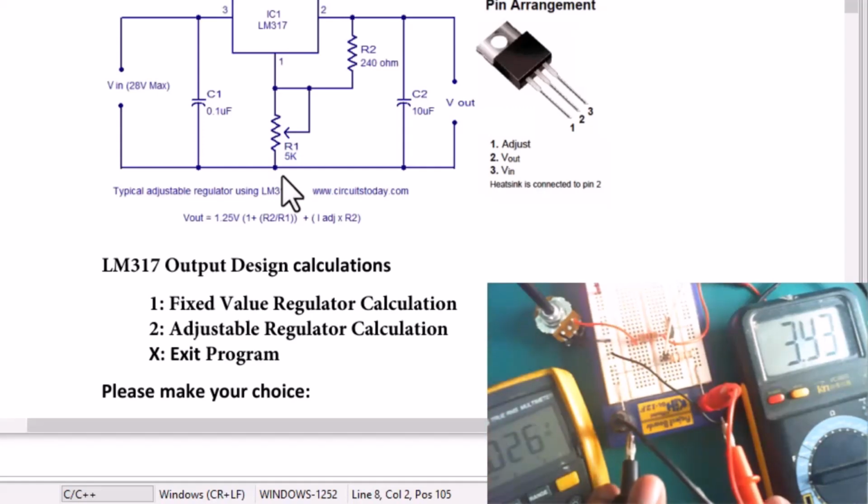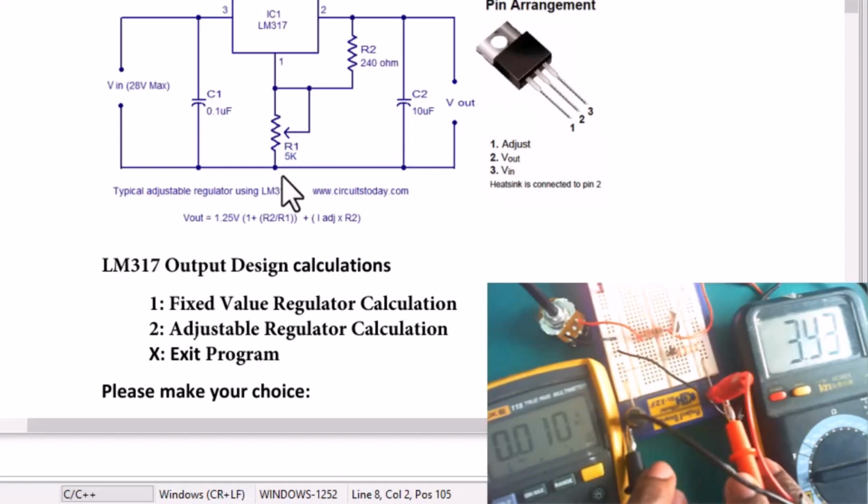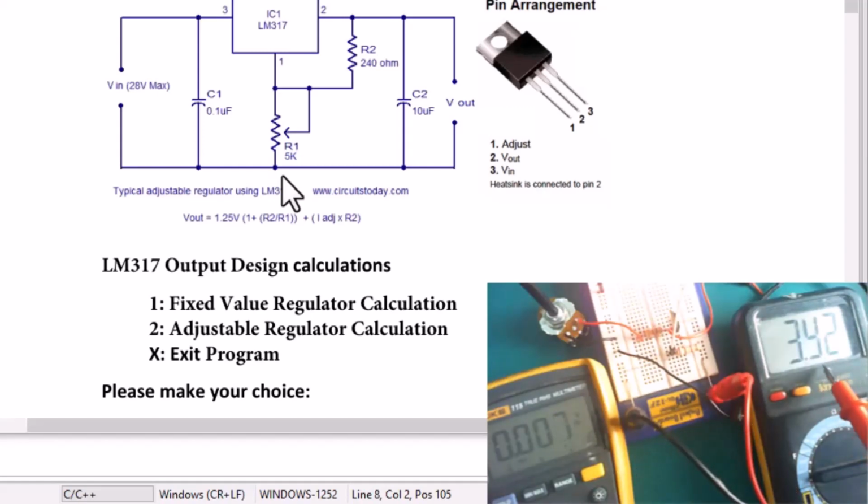Right now, if I probe it, you can see I'm getting 14.33 volts on the input, and my output here is 3.9, I believe. If I swing my potentiometer all the way to the lowest, I'm getting 1.4 volts on the